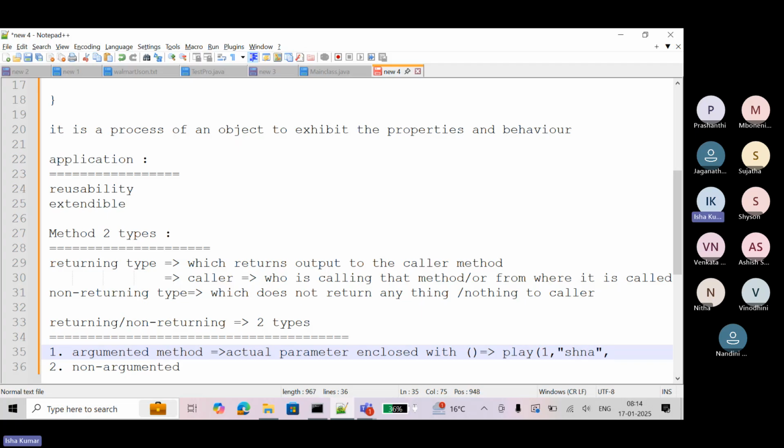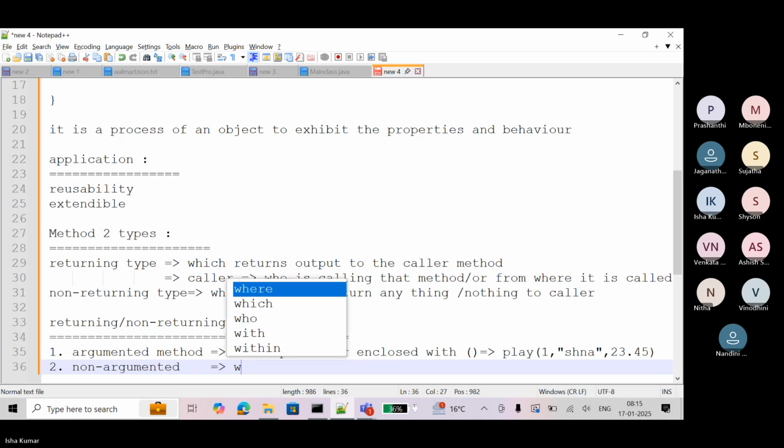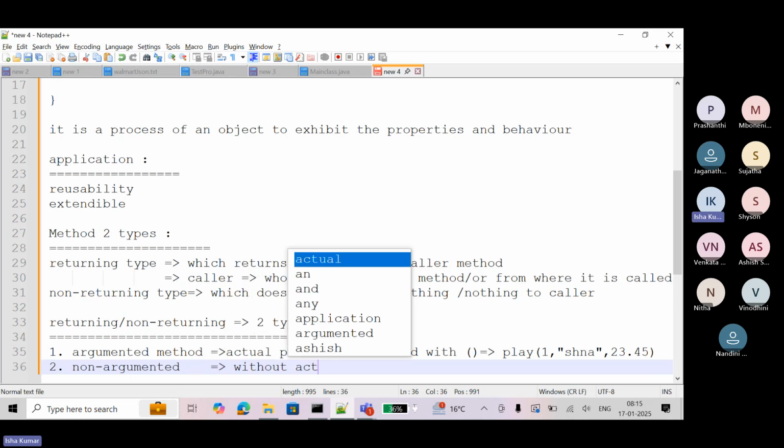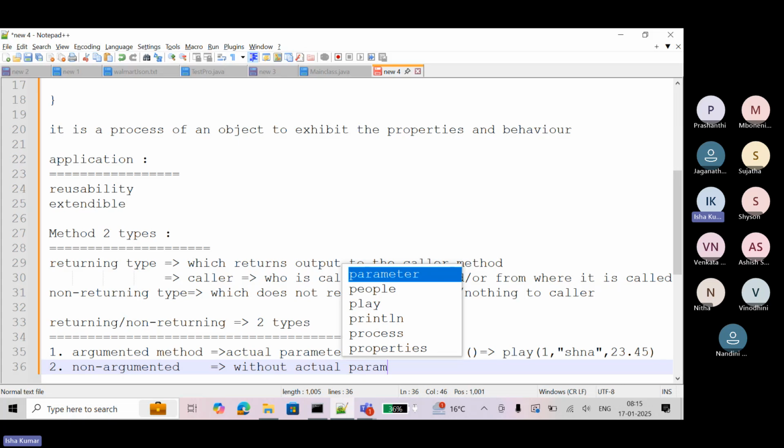Some value again. So this is called actual parameter or argument, method with argument. Non-argumented means without argument, without actual value, without actual parameter.